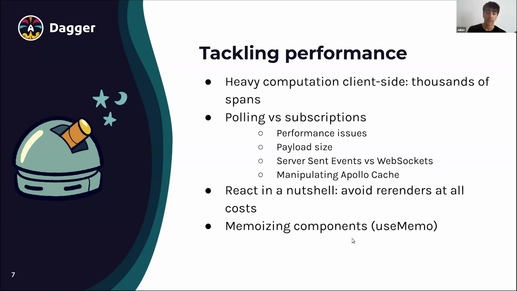We actually started with what is called polling. Polling is basically setting an interval of 4 seconds, and every 4 seconds sending the same request. We realized that in some cases, if you had the same tab open, the total payload of that session would be in the hundreds of megabytes. So that's when we realized we had to switch to subscriptions instead of polling to improve performance and also to